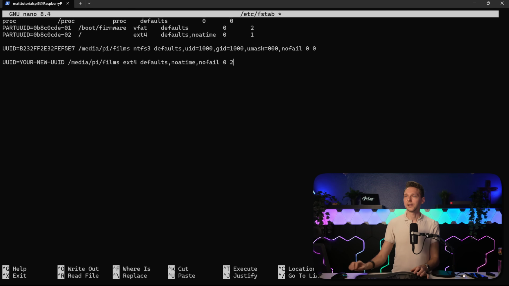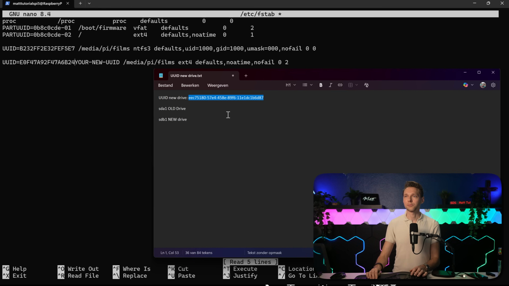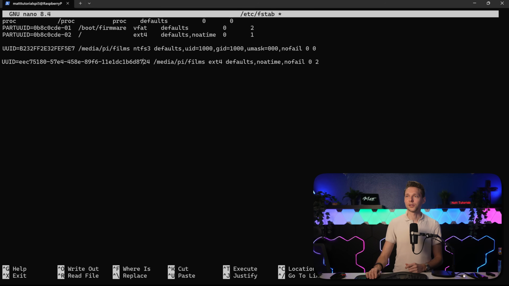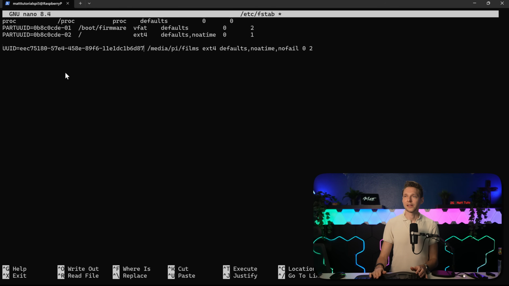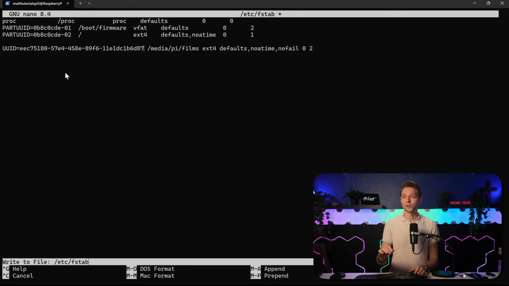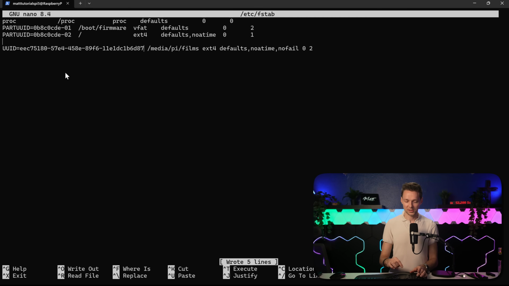And then you can see, place your cursor over here, and then press enter. And then you can see UUID, your new UUID. So we're gonna take that one from the notepad. Move your cursor with your keyboard, paste it in over here. Look at this, beautiful, the exact same path. Now this path, I've chosen in the first tutorial, but of course maybe you have something else, just keep what you have. All right, then make sure that this entire line of code of the old disk is being removed. So we're gonna remove all this. There we go. Excellent. Then we press Ctrl O to save it, press enter, and then we press Ctrl X